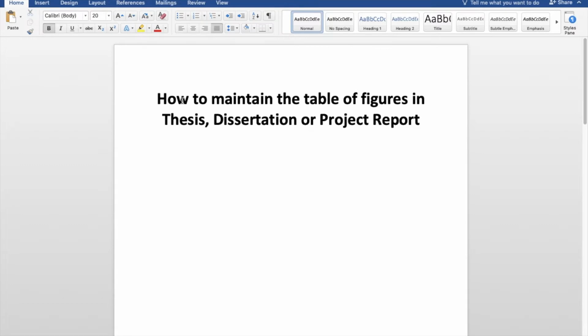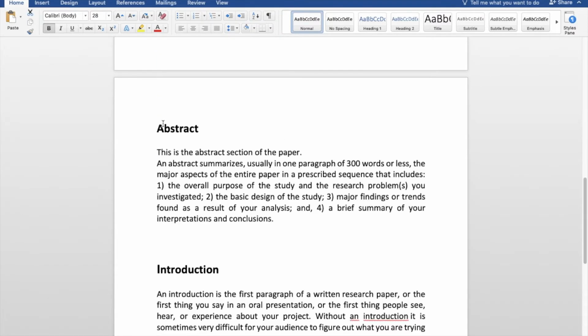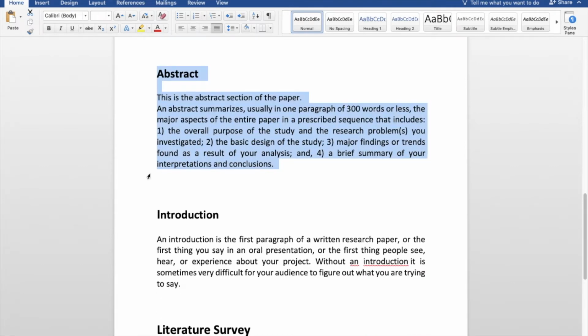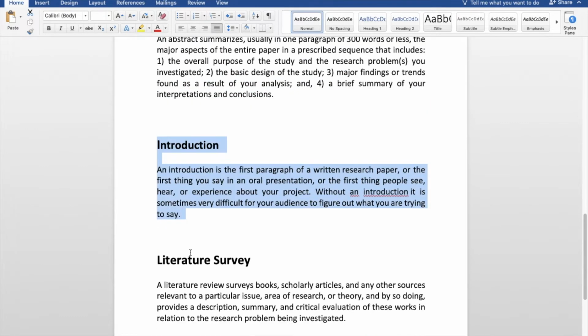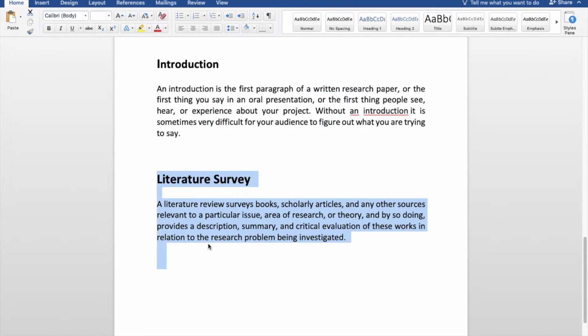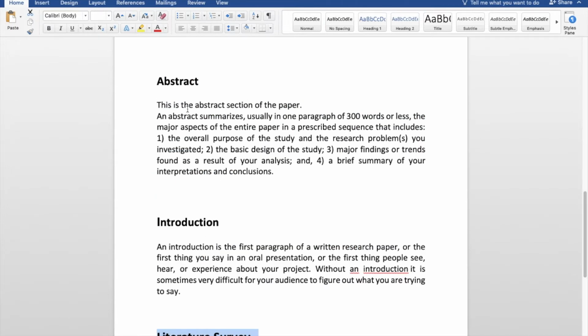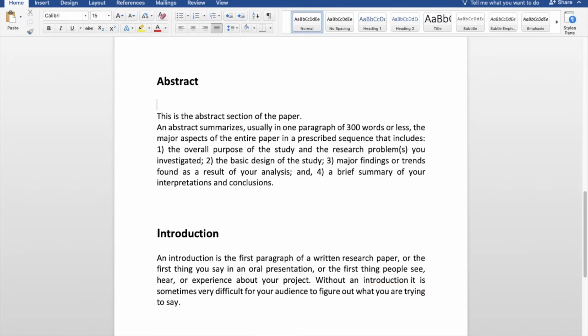So this is my first page of my report, as you can consider it, and then we have some abstract, then we have the introduction of our paper, and then we have some literature survey. So I'll be adding three different images in these three sections, and we know that we don't add images in the abstract section, but just to tell you guys how to maintain the list of figures,